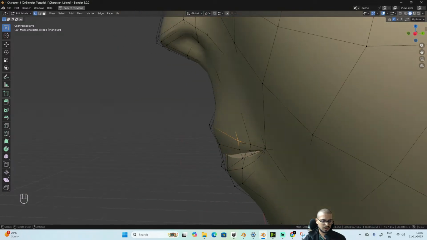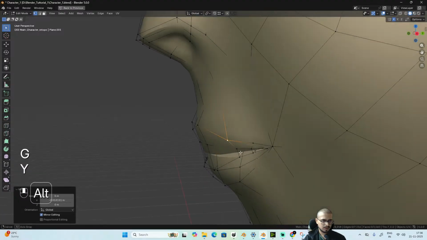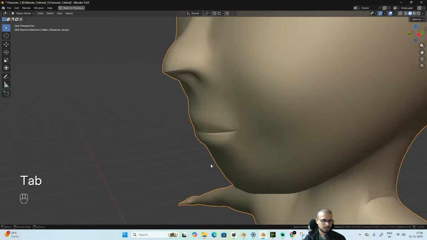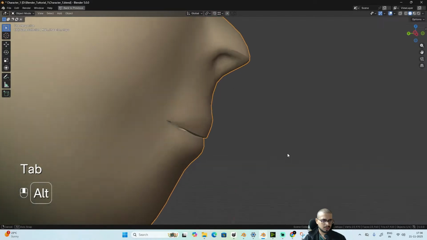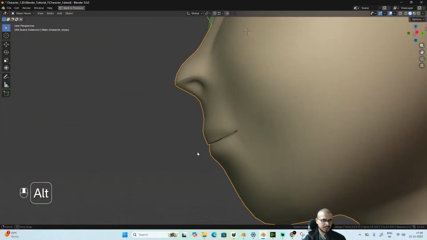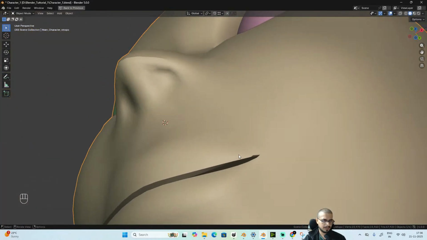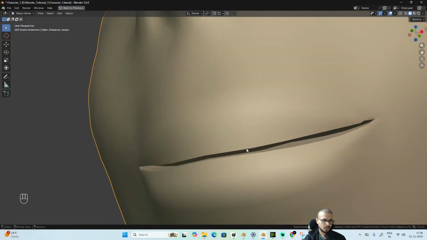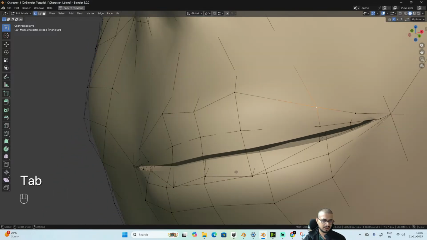And even this one. So I have a better shape of my lip. What I can do is maybe